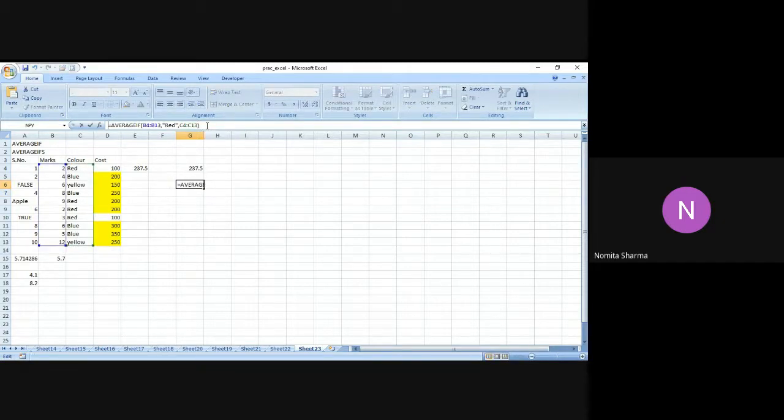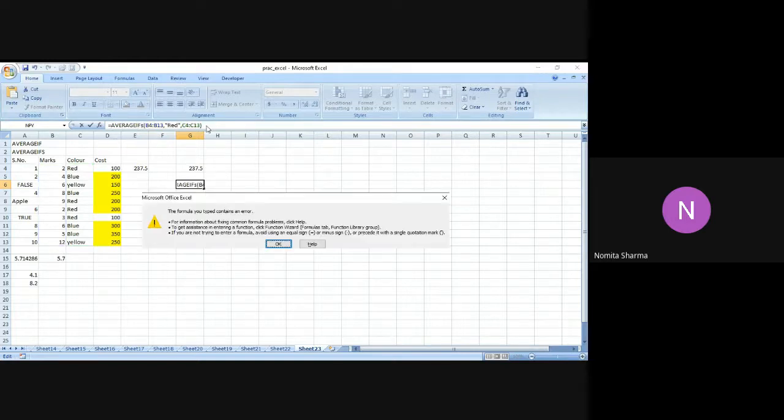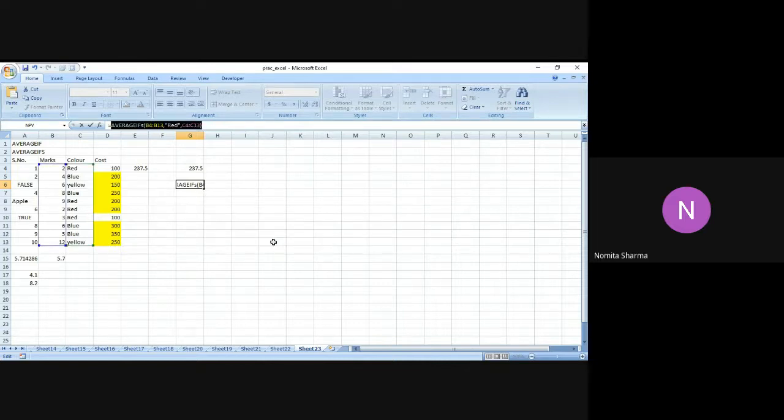Let me try using the AVERAGEIFS function, and let's see whether it works or not. It will not, because it will actually take multiple criteria over here. So in the case of the text values that we give over here, it's actually very simple. We have to simply use the double quotes for the text values that we want to calculate the average only for the red value or only for the blue value.